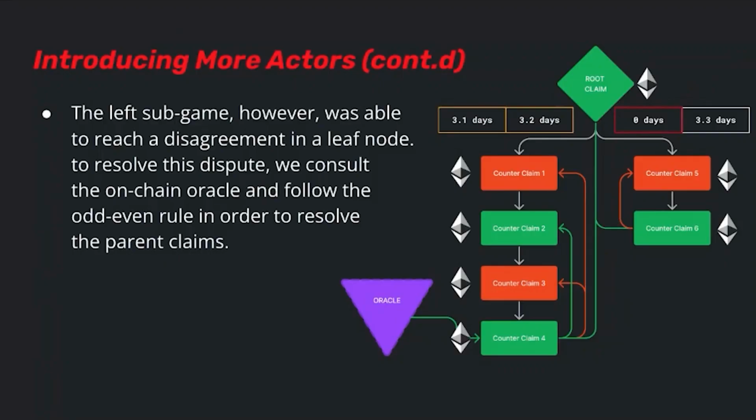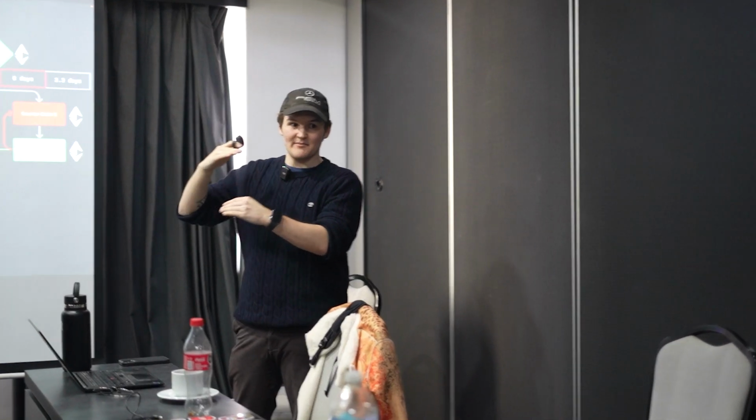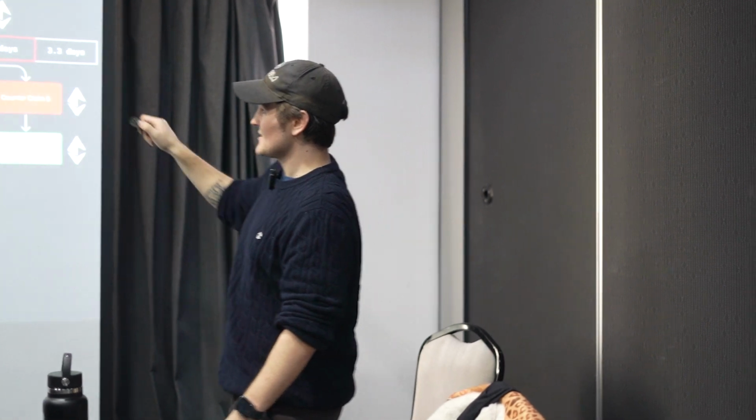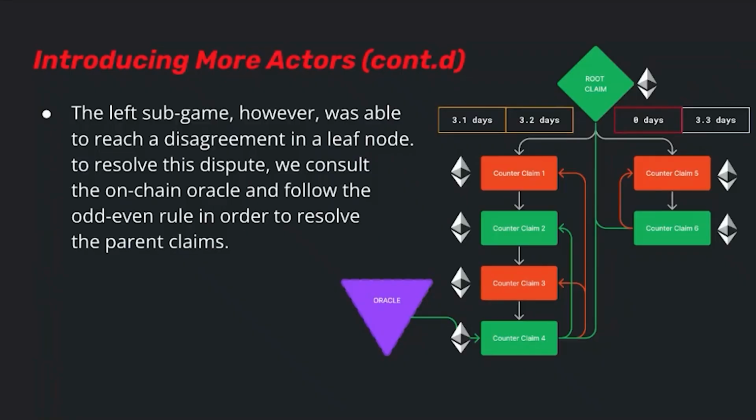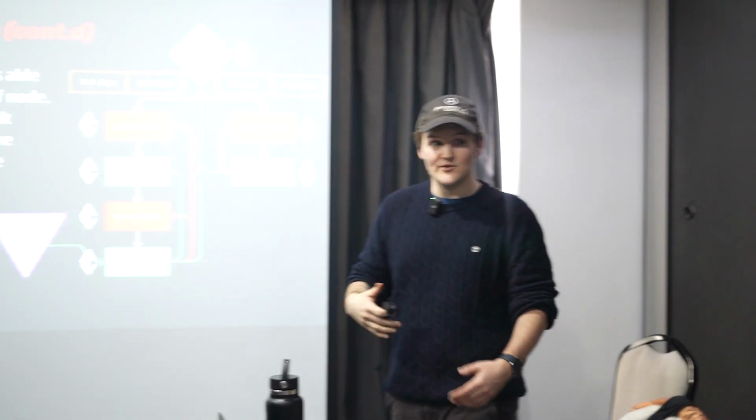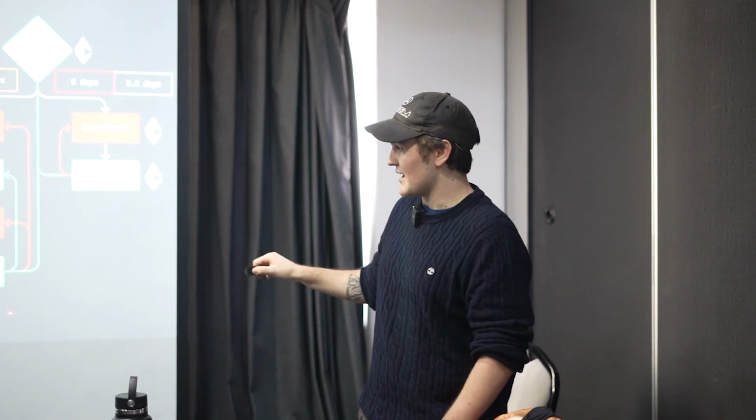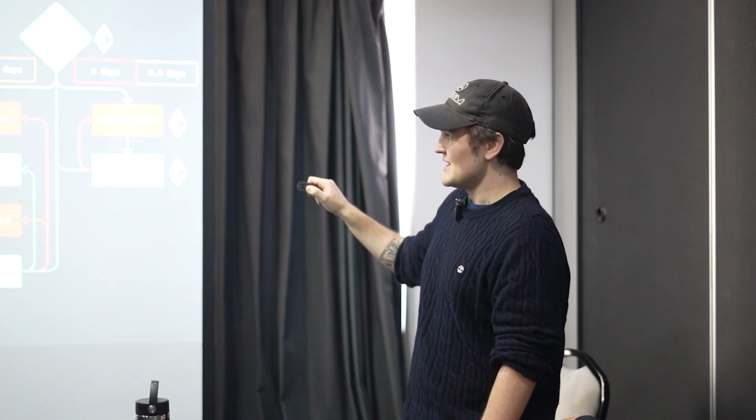Well, that's the really important property, that anybody can come along. In the last example that we have in this presentation, we show basically two honest actors passing that responsibility back and forth. This could be one party, this could be an entirely separate party, and this could be an entirely separate party as well. They do all share the same chess clock because they agree with each other, but none of them can block the other parties from coming in and creating a new counterclaim there, right? Just because this person was the first person to create a counterclaim, it doesn't mean that they have to be the person that responds all the way down.